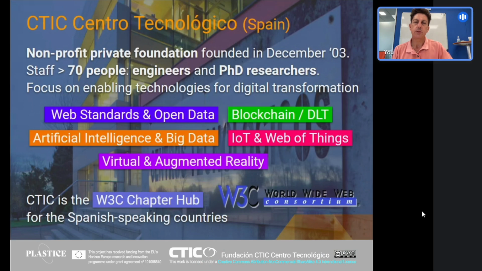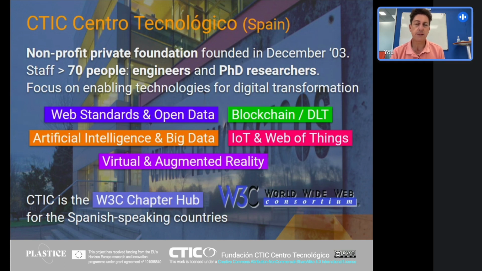Let me introduce where I work. This is one of the partners of the project, CTIC Centro Tecnológico in Spain. We are a non-profit private foundation. We have 70 people, and we work in all those technologies that you can see: web standards, blockchain, obviously, artificial